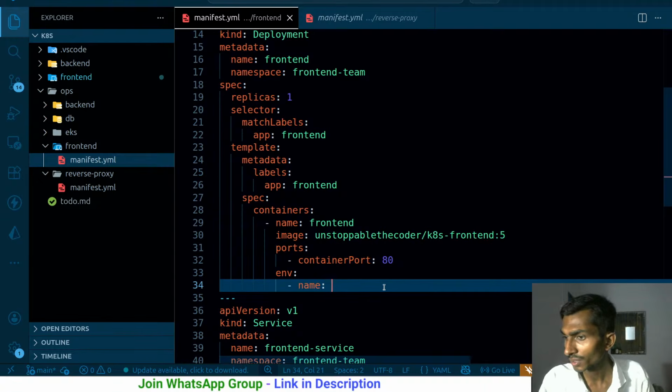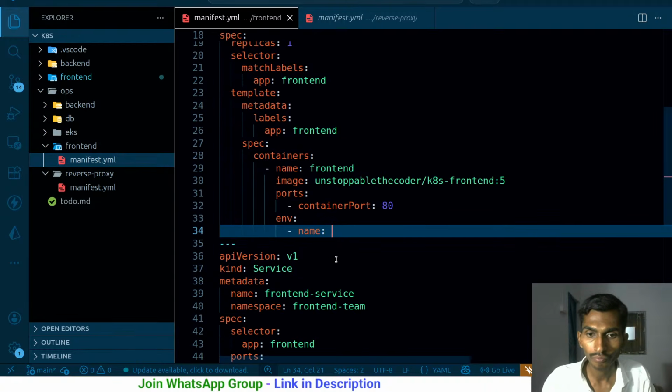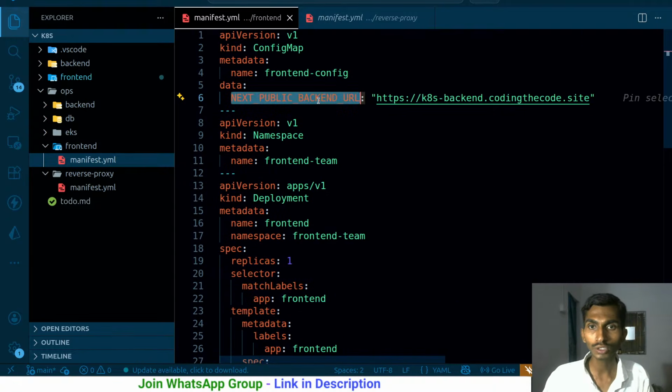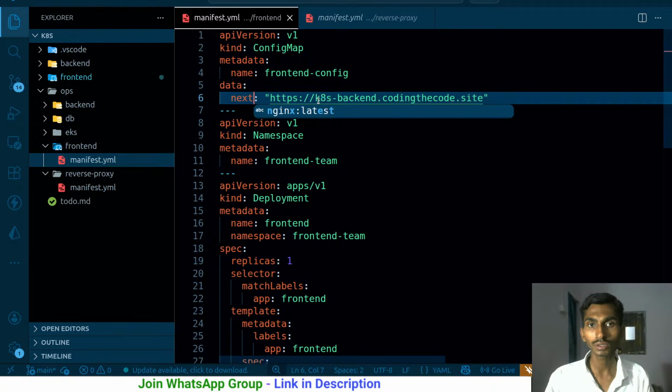So name is the environment variable. Here I was, okay. So name is gonna be what? Name is gonna be, just a minute, inside the config map it's better to just simply name it like this. It doesn't really matter what you name it, right? So next public